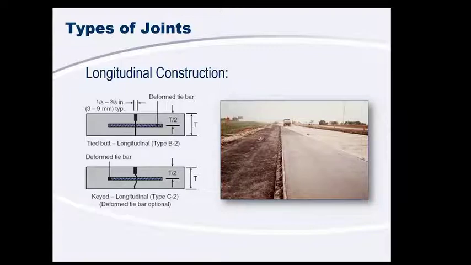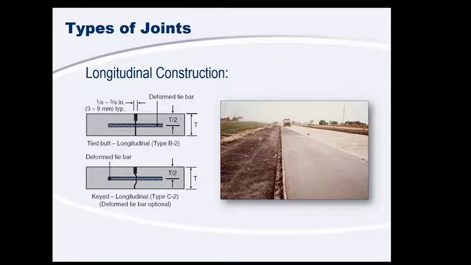You can see that the pavement on the right was placed first, and we came back and placed that second run of pavement. Now, especially for these, it's very important to have a tie bar in there to make sure that those lanes stay together tightly and that we don't get them drifting apart. You can see down in the bottom left we've got that deformed tie bar, and then we also have a